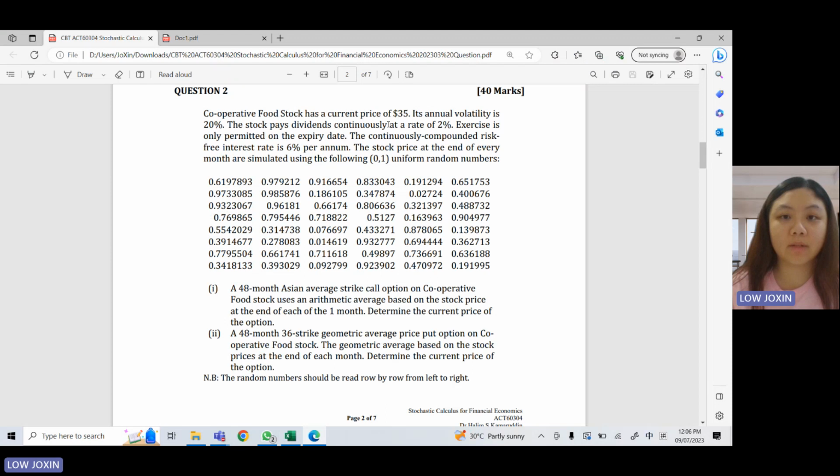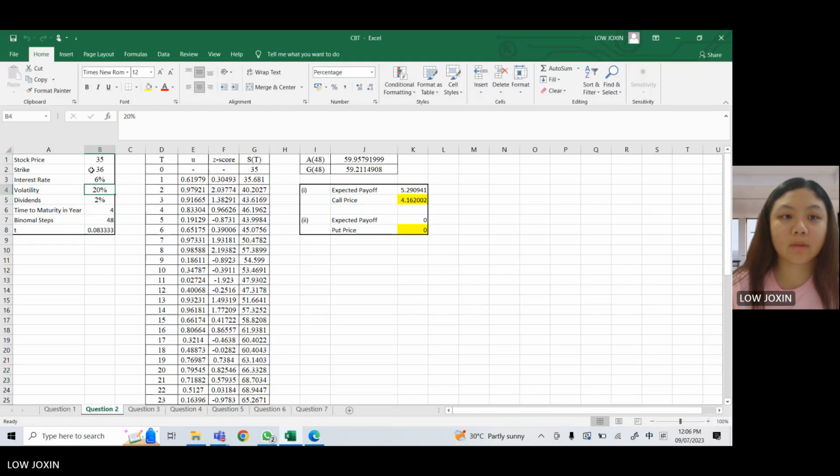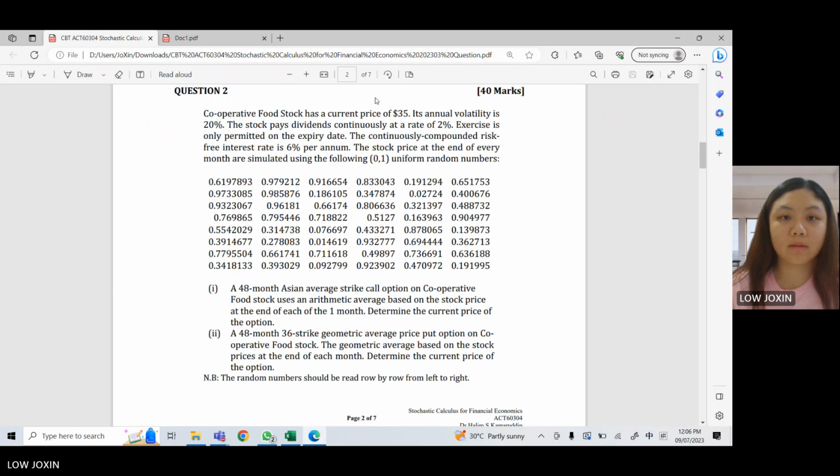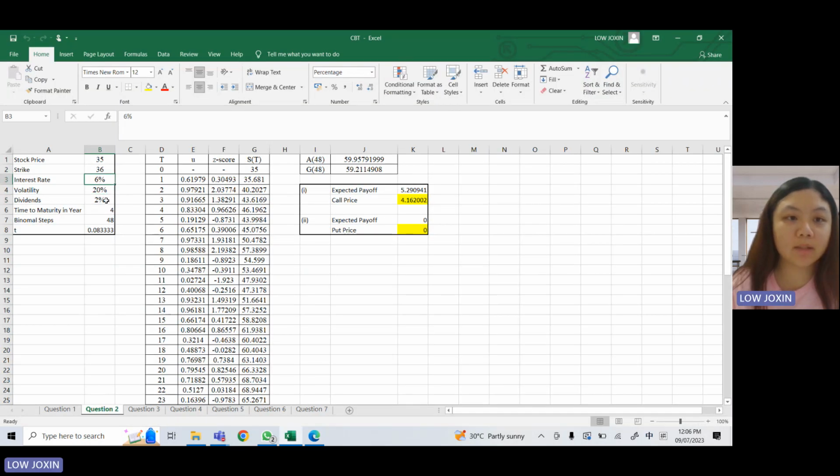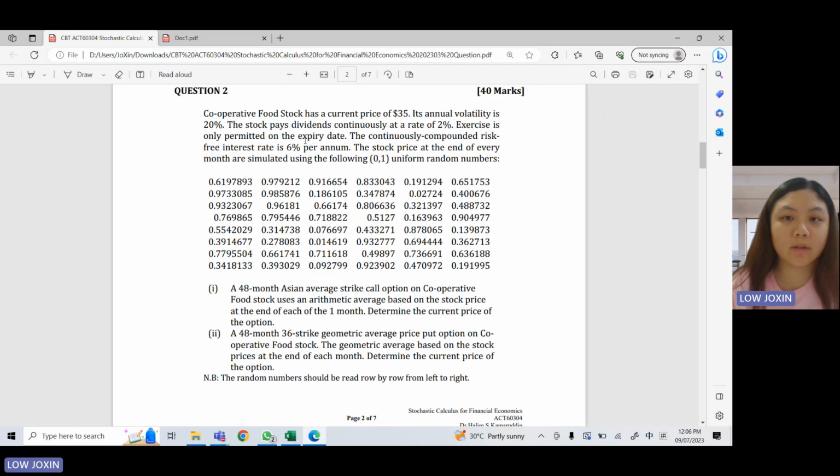And then the dividend is 2%, and the risk-free interest rate is 6%. So risk-free interest rate is 6%, and we are given the stock price at the end of every month. The random numbers are these, and we are asked to find a 48-month Asian average strike call option using arithmetic average. So from these random numbers, we can actually